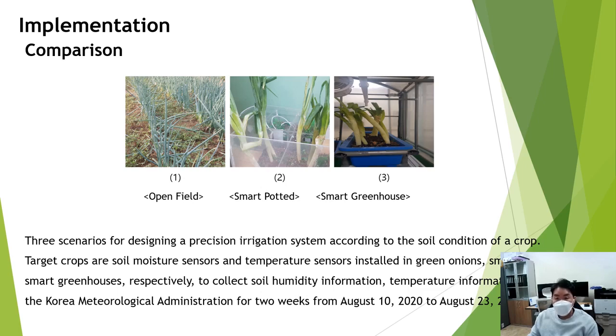As mentioned earlier, the target crops were selected as green onions and installed in general vegetable gardens, smart flowerpots, and greenhouses in the same area to collect soil humidity information and temperature information, and AWS data from the Korea Meteorological Administration from August 10 to 23, 2020.